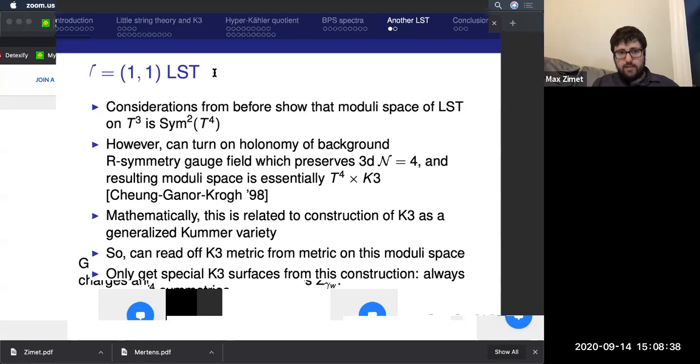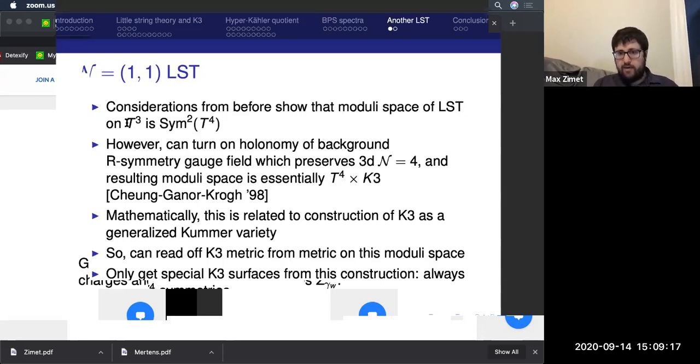So the idea is to instead study the simplest maximally supersymmetric little string theory. One way to think of this is type 2B string theory or type 2A string theory with two parallel NS5 branes. Once you start compactifying it on a circle, they're the same, they're T-dual, so it doesn't matter if they're in 2A or 2B. Or equivalently, you can think of this as just type 2A or type 2B compactified on an A1 singularity. So that gives you the little string theory.